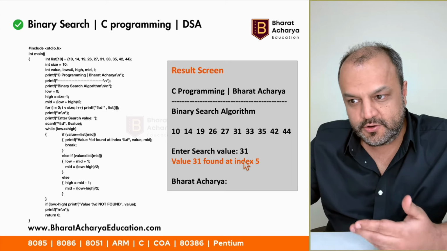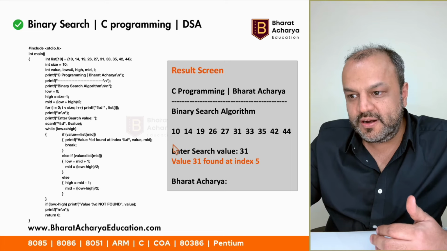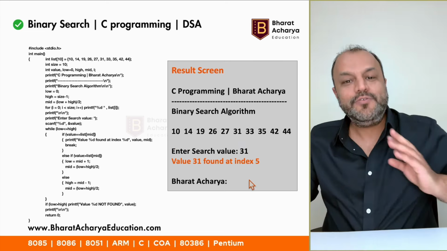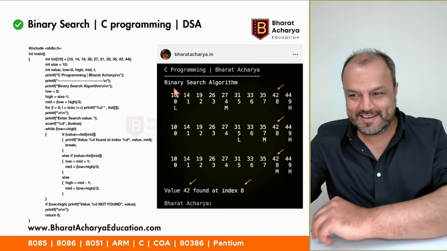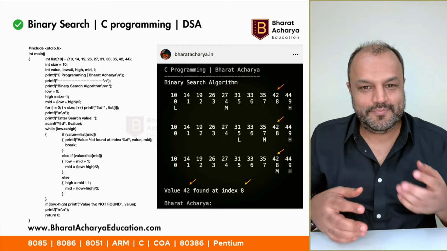So this is your screen. You ask the user, enter the search value. You run the algorithm, it will tell you search value found in index 5. 0, 1, 2, 3, 4, 5. Indeed, this is index 5. In fact, you can even have more fancy outputs. I put one on Instagram. It looks something like this on my Instagram profile. This is just fancy. You don't have to write this when you're writing an exam, but when you're practicing at home,